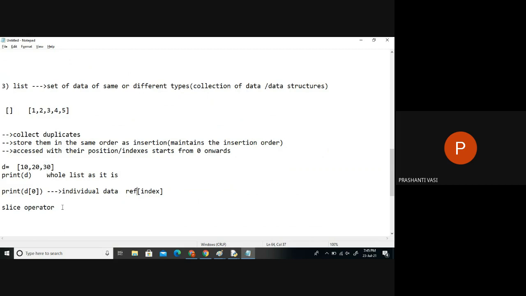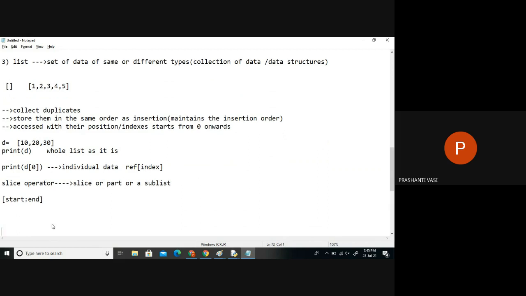But now, if I want to get a slice of data, a part or a sublist, so a part of the information, for that we have an operator called slice, in which we have square brackets and a colon symbol. This operator mentions from where we have to get the data, from which point till which point, that means the starting till the ending positions. So this will give you the slice of the data.